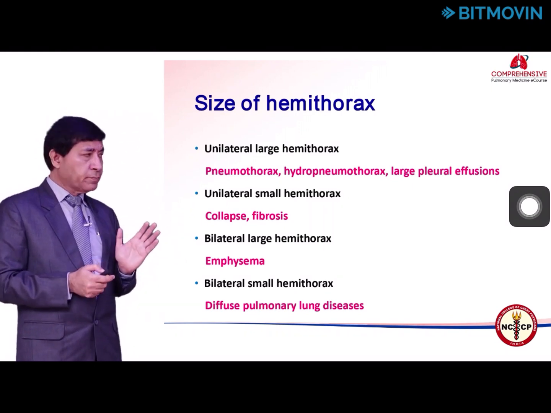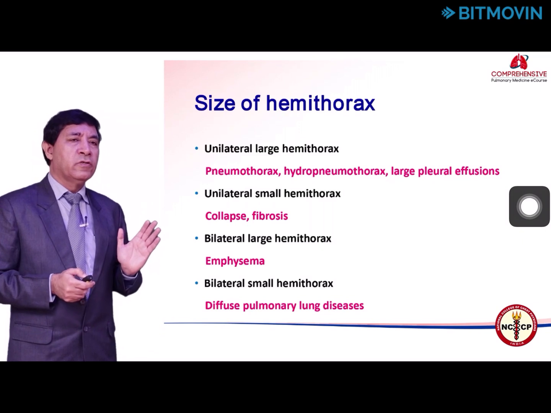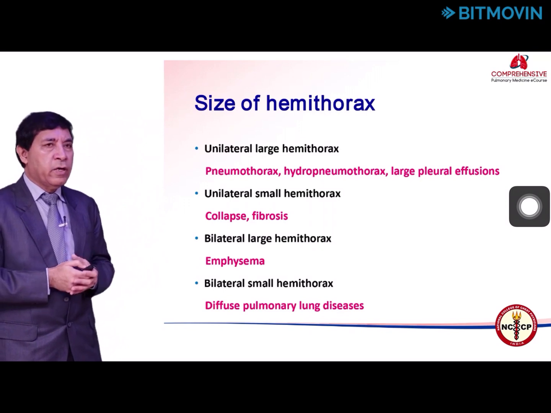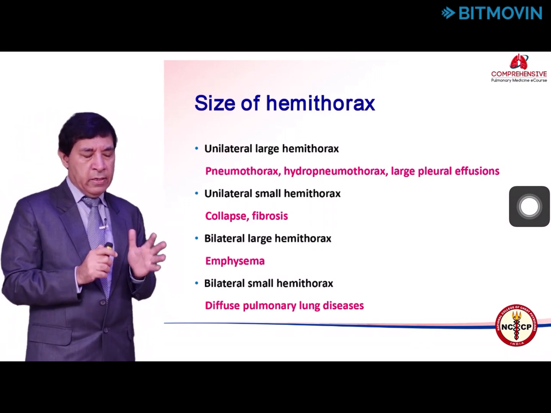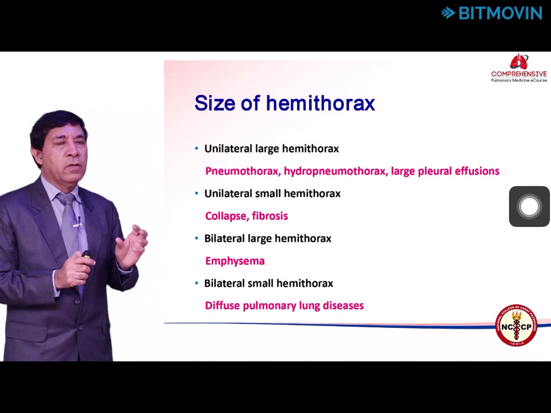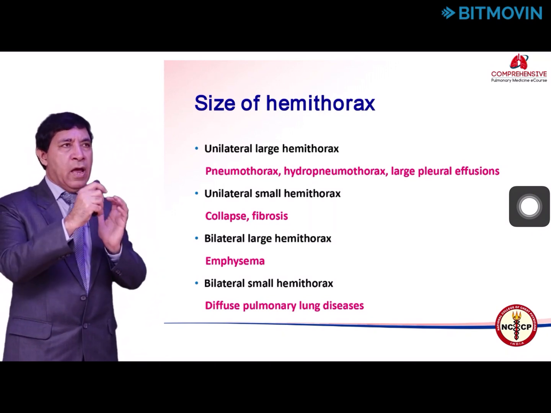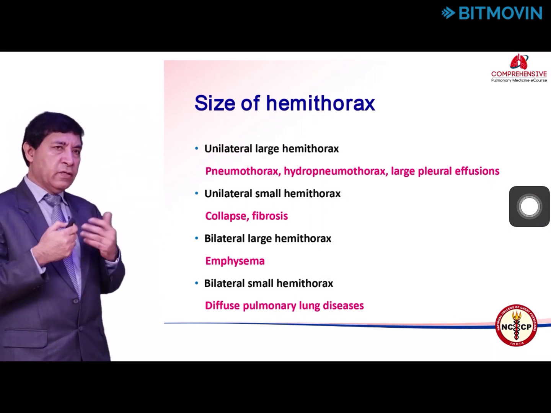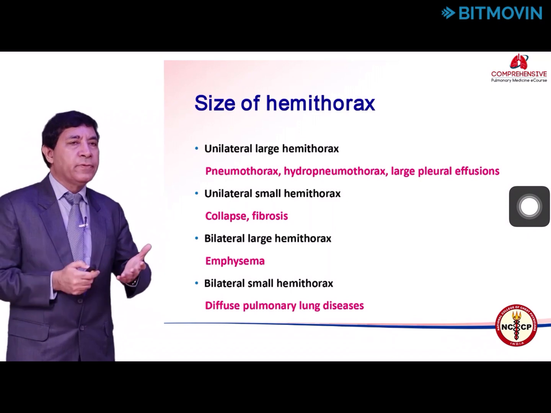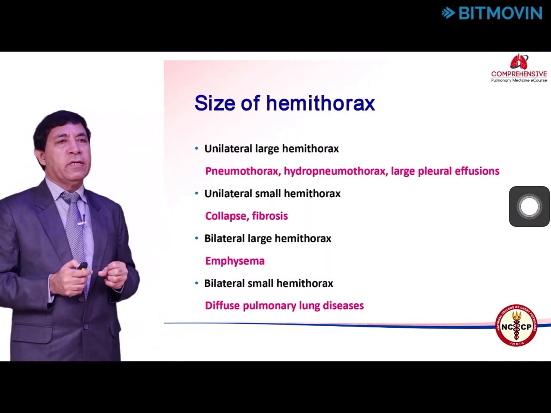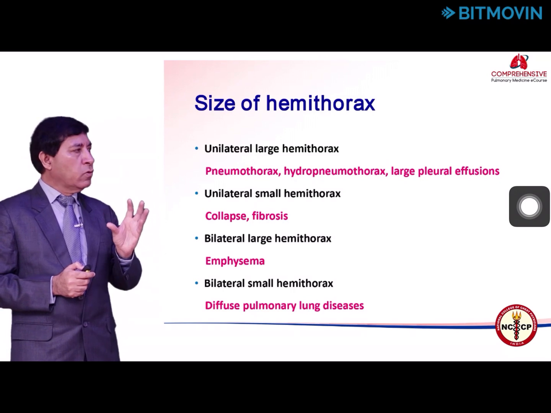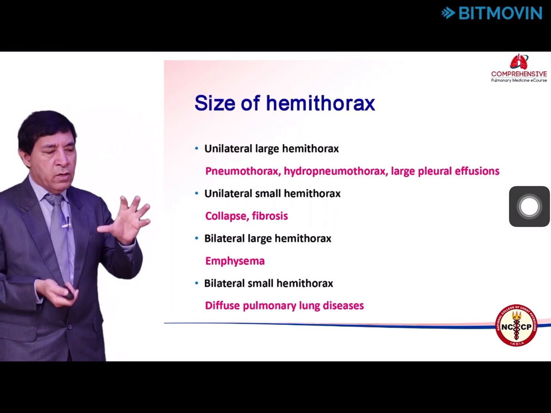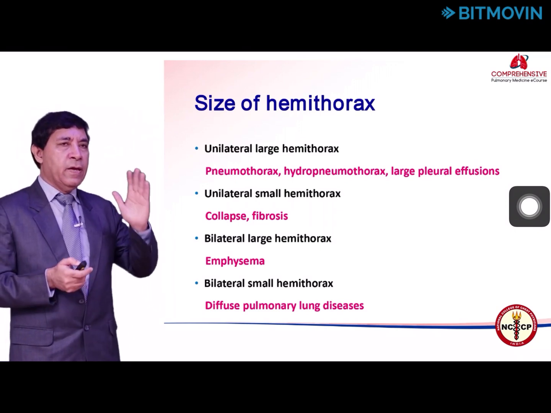Now, on the other hand, if you have a unilateral small hemithorax, we say it's small because the movements are also restricted on that side. As I mentioned to you, the size of the hemithorax depends on the pleural pressures and the compliance of the lung and the chest wall. So in most situations when there is a fibrosis or there is a collapse with the compensatory emphysema of the resting lung, again the compliance of that lung is lower, the hemithorax will become smaller because of the poor compliance with the same pleural pressure.